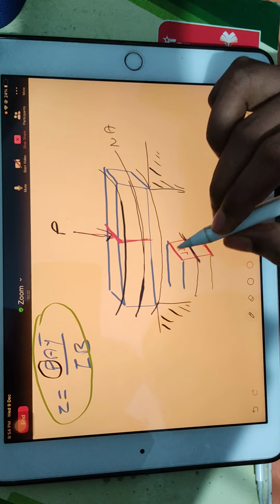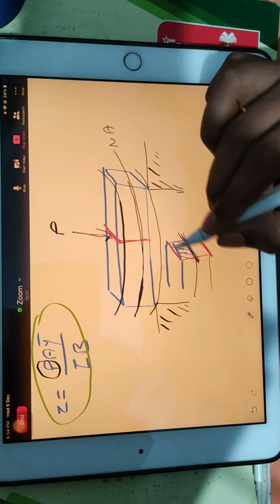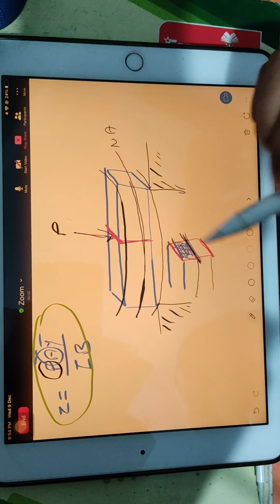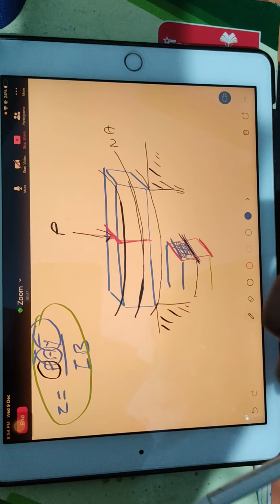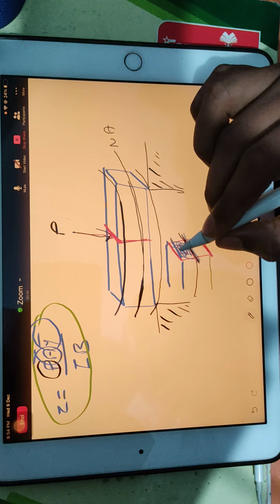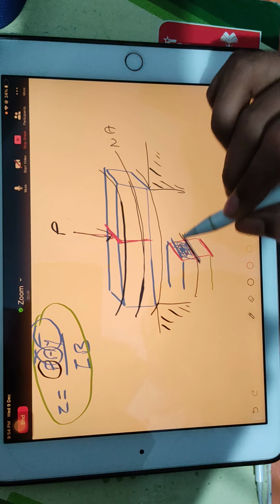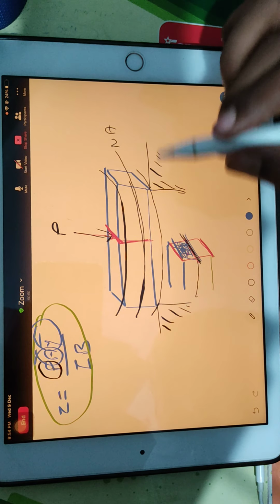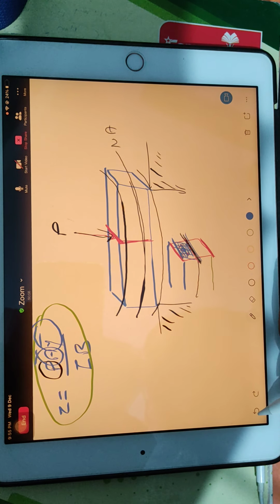So see, over the neutral axis, whatever area is available, that area is A. Next, we go for Y bar. Where is the Y bar? Location of the area is Y bar. Where is the area located? The complete area is located where? At which point? Now see, actually, I have missed something. Let me do it again. I have missed something. What I have missed, I will tell you.